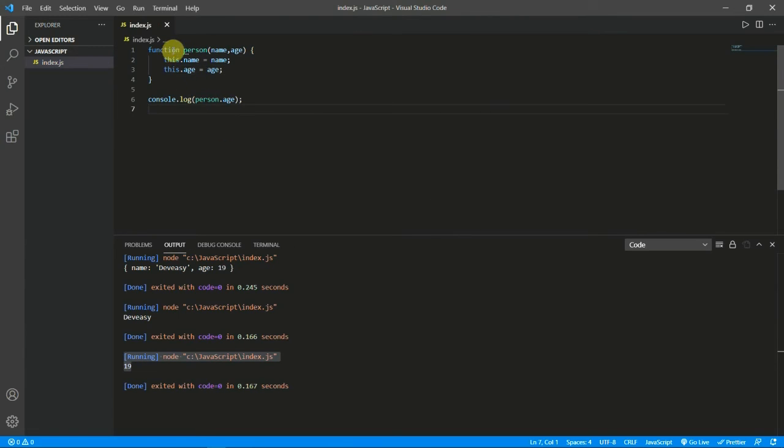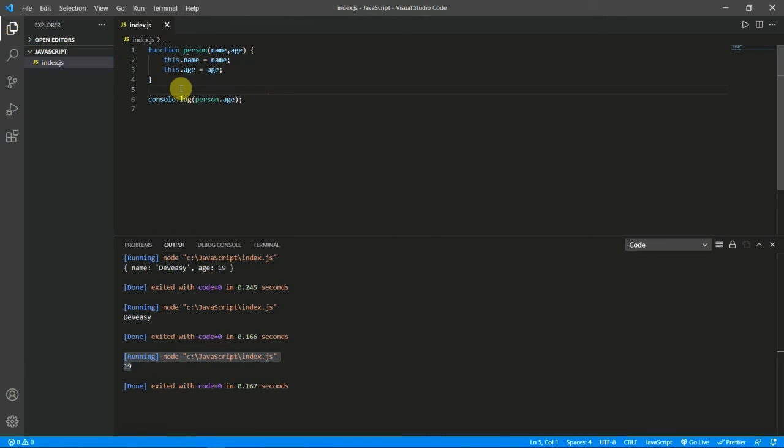Here what I have done is, there is a function person which is getting two arguments, name and age, and this is called the constructor. When you call the person function, this will be automatically invoked and your values will get stored. So this dot name will be the name argument you have passed, and the age of that person will be the age argument you have passed.